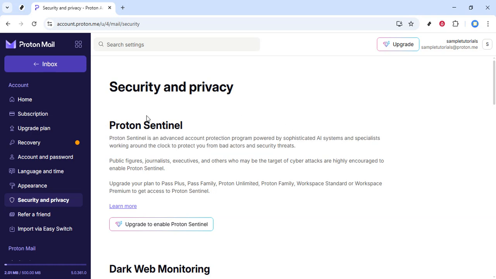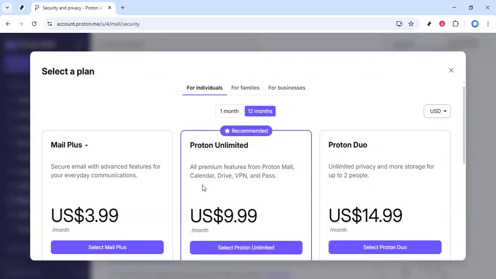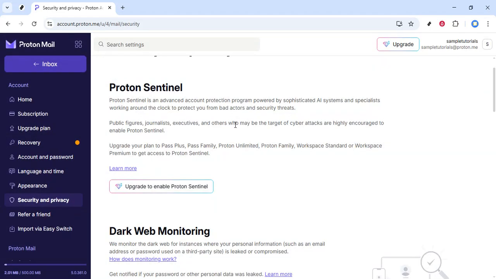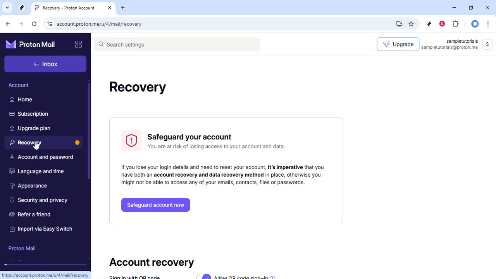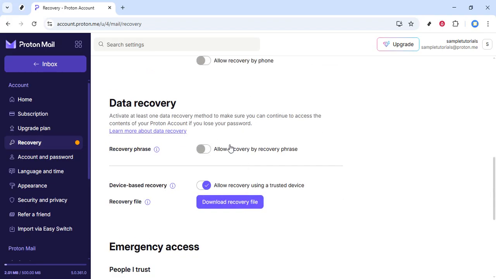Depending on your plan, you may need to move to a paid tier that includes Sentinel. Follow the on-screen instructions carefully, review the features that are being added, and confirm any changes. If a payment or plan change is required, make sure you're comfortable with the details before you proceed. Once Proton Sentinel is enabled, your account will benefit from stronger monitoring and additional safeguards behind the scenes. This doesn't replace good habits like using a strong, unique password and enabling two-factor authentication, but it does add another